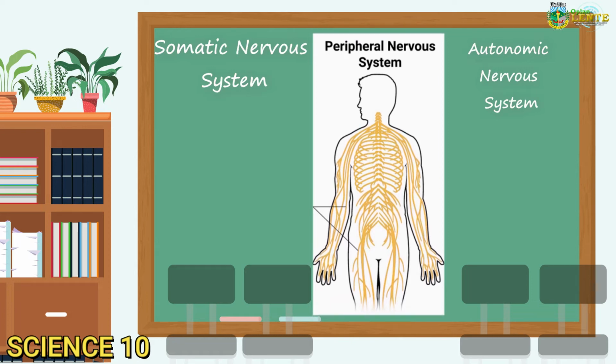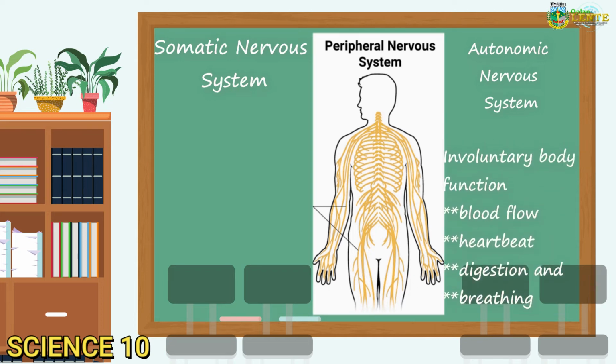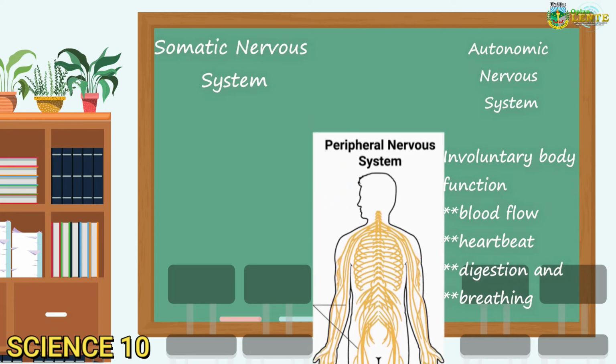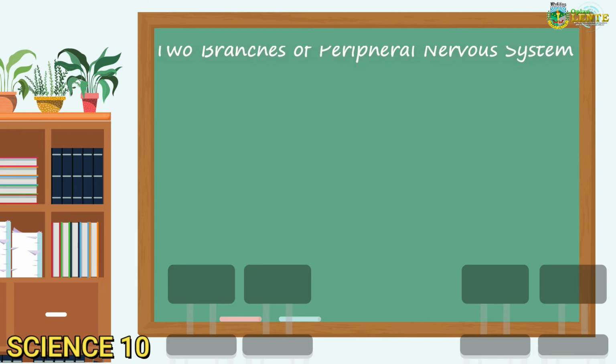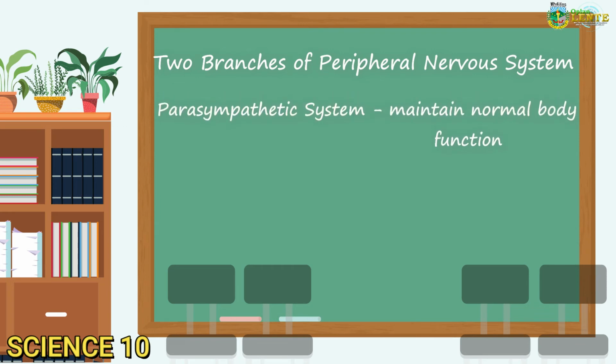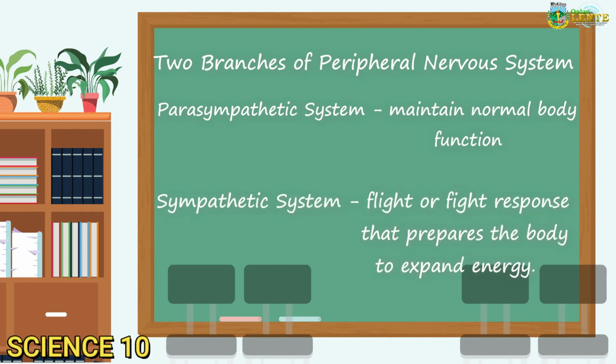The motor neurons allow us to take physical action in response to stimuli in the environment, while the sensory neurons allow us to take in sensory information and send it to the brain and spinal cord. The autonomic system is the part of the peripheral nervous system that is responsible for regulating involuntary body functions such as blood flow, heartbeat, digestion, and breathing. There are two branches: the parasympathetic system that helps maintain normal body functions and conserve physical resources, and the sympathetic system, regulating the fight or flight response that prepares the body to expend energy in response to environmental